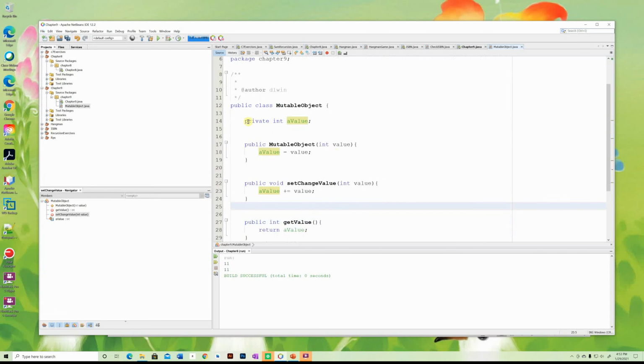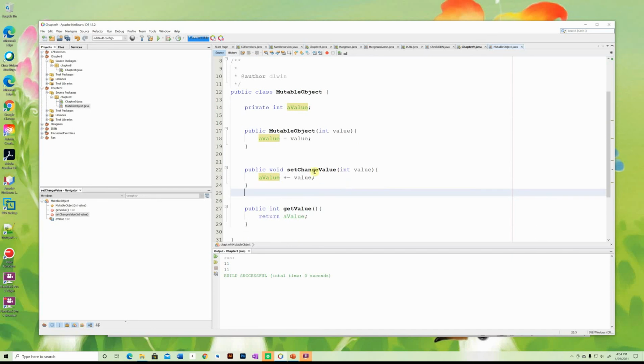And I have a private instance variable. I have a constructor. I'm going to pass in a value into the constructor and assign it to my instance variable. And then I have a setter method. The parameter will be some value I'll pass in, and then I'll just add whatever I pass in to my instance